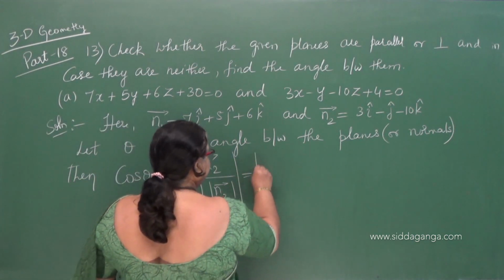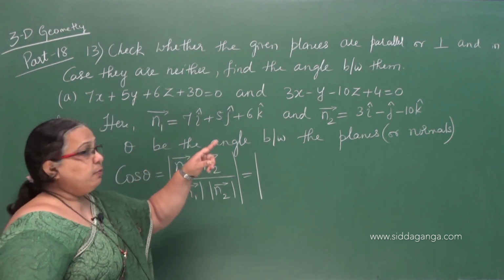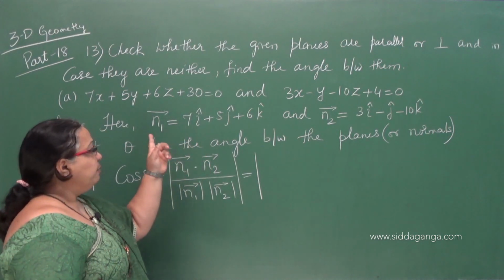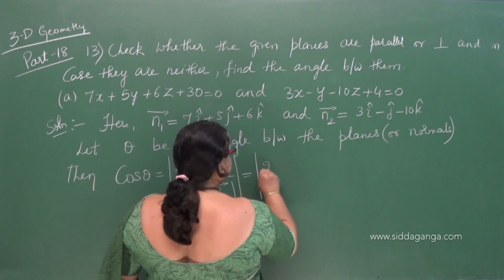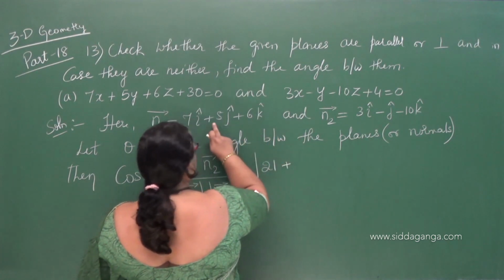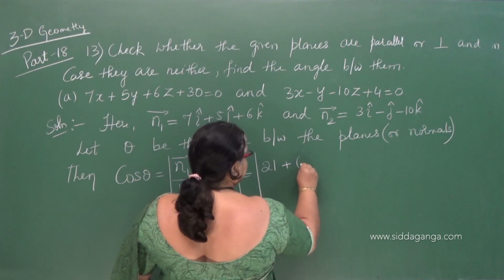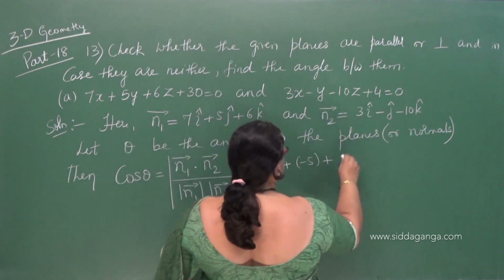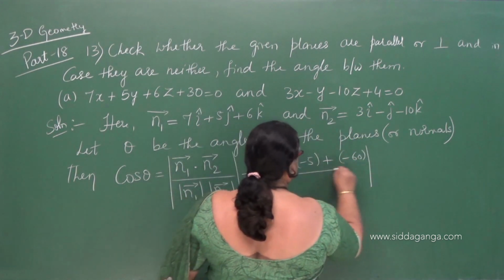To take the dot product of the two vectors, we multiply the components of i cap in both the vectors, that is 7 into 3, 7 3s are 21, plus 5 into minus 1 is minus 5, plus 6 into minus 10, that is minus 60, divided by